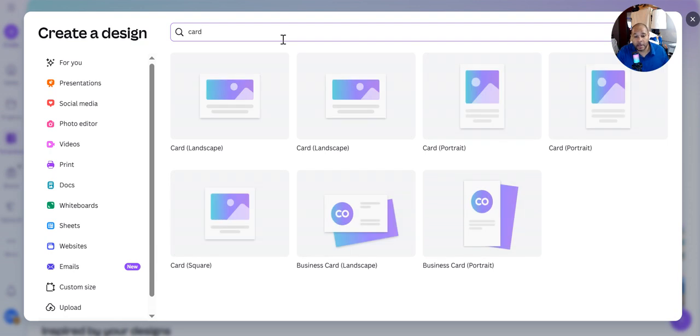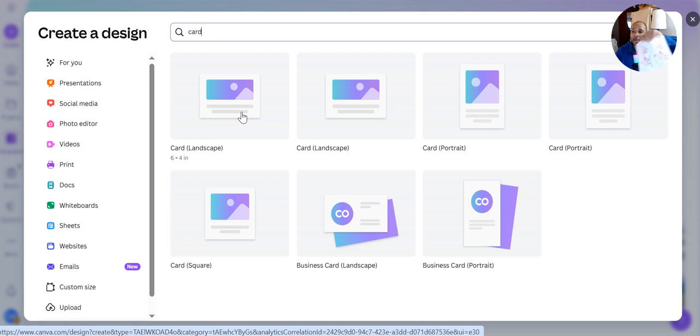When you type in card on Canva, once you have this account, you can use any size you want, like 7x5. You can see there are different sizes. Card 5x7, 2x3, which are little business cards you keep in your pocket, 3x5, 5x5. But because I want it to be real big for you to see on the screen, I'm going to go with the 6x4, and then you'll see how I minimize it so that I can bring it into